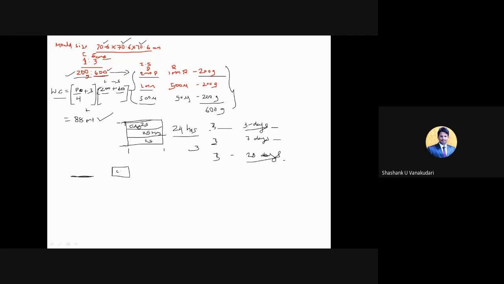Clear? In the CTM machine, we need to place that cube, and we need to apply the load gently on that cube, and then at a certain load, the cement cube will crack. So that load you need to note down. That is in terms of Newton or kilonewton. Clear? So this P value you will note down. This P is nothing but load, not normal consistency.